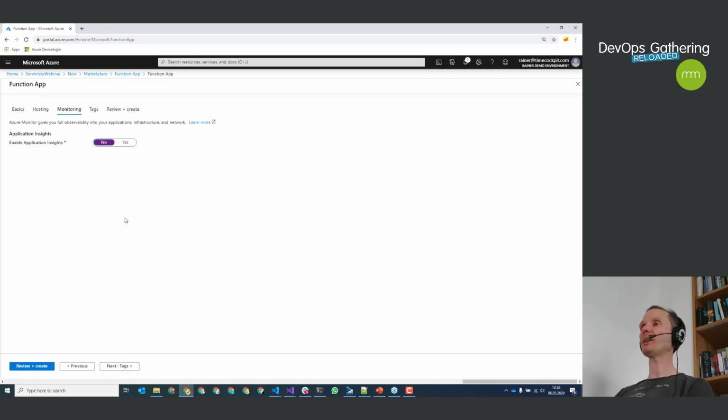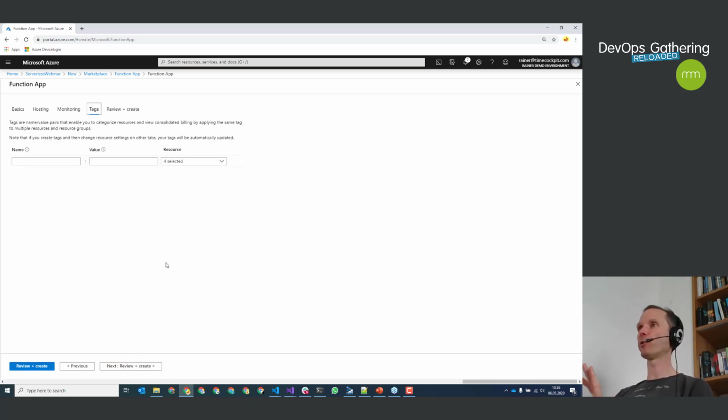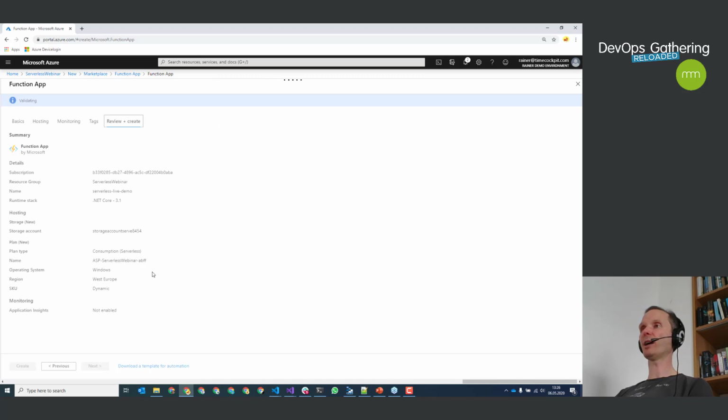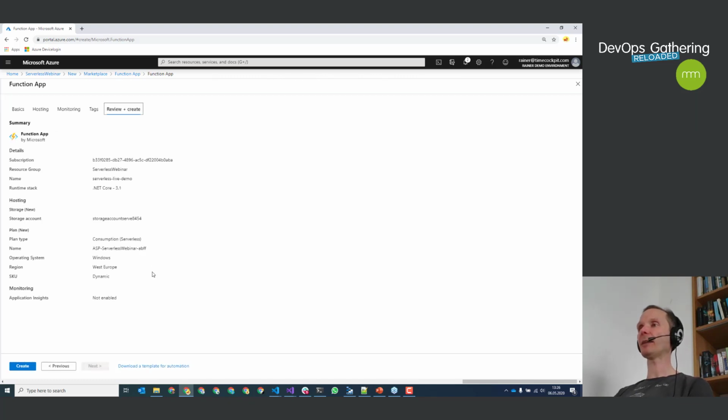I will not talk about application insights here because it's the monitoring solution and we only have 1 hour left, so I will not go into the details here. It's a great thing for doing logging, monitoring, and telemetry, but it's not the topic of today's talk, so let's skip it. Now we are done. This is all we have to specify. And please note that in this serverless solution, we didn't say how many servers we need, we didn't say how large the servers should be, we just told the system that we would like to use .NET Core and everything else will be configured automatically, dynamically for us.